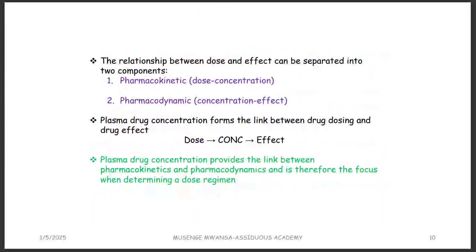So the relationship between the dose and the effect can be separated. When you give a drug, depending on the dosage of the drug that you have given, it will also determine the effect that you are going to see. Because a certain concentration of drug might not produce a certain response because maybe it is too low. Okay. So you have got pharmacokinetic